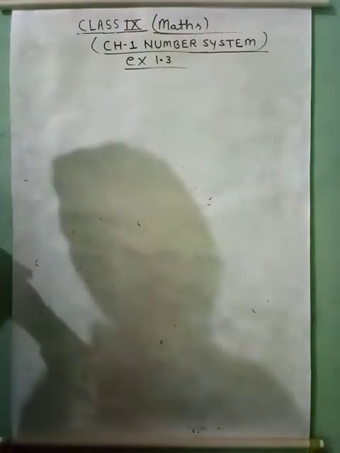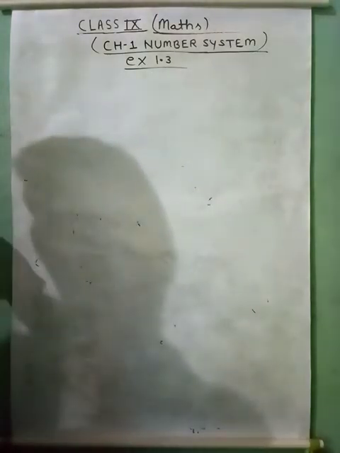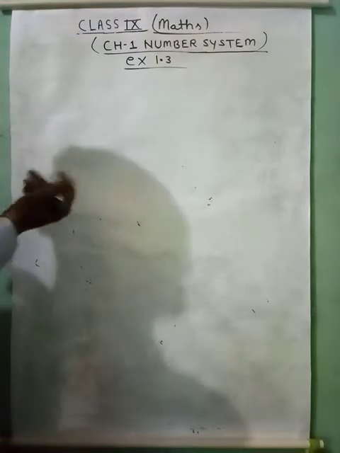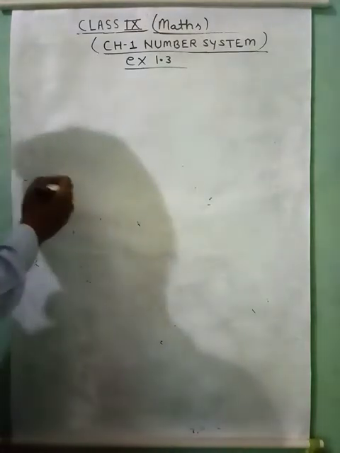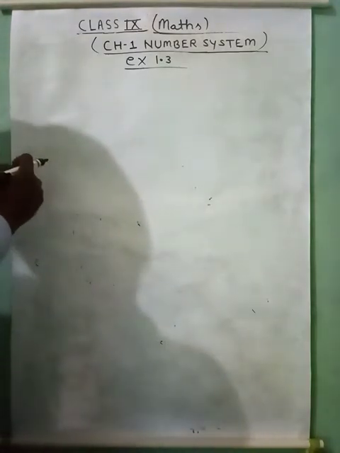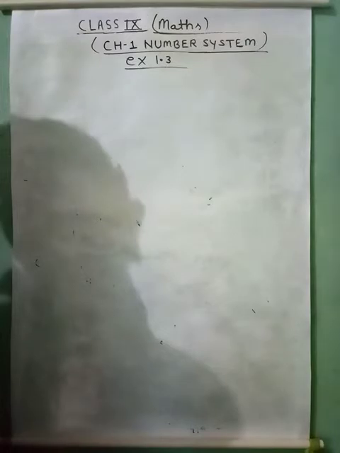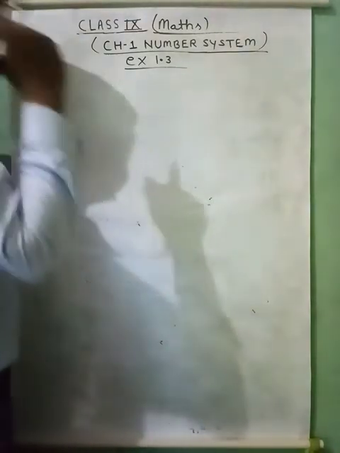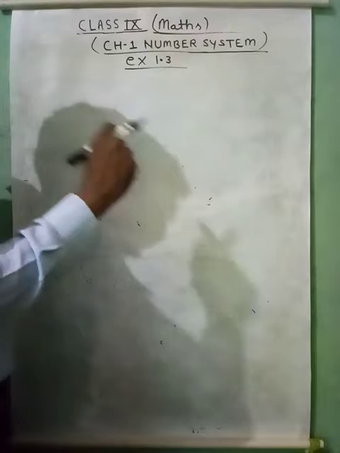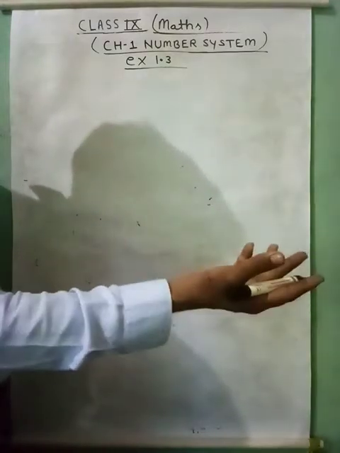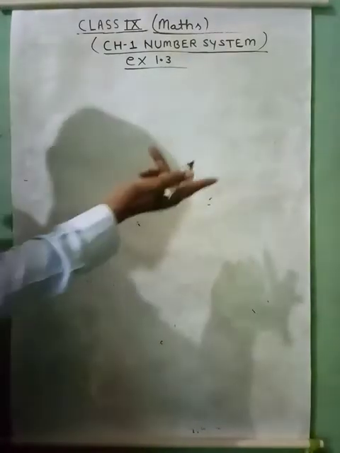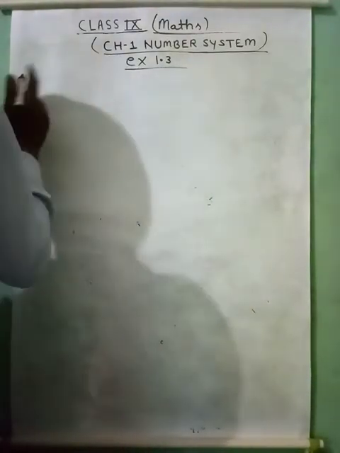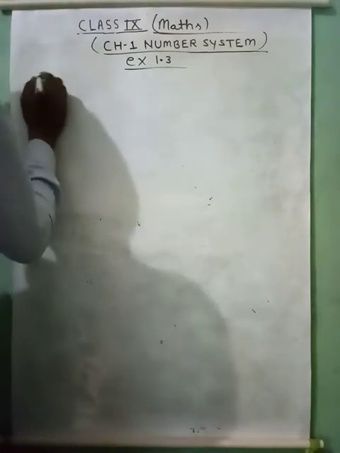Write 3 numbers whose decimal expression is non-terminating, non-recurring. It means we need 3 numbers whose decimal expression is non-terminating and not repeating. It means it is an irrational number. Already I told you, in an irrational number it's non-terminating and not repeating. Clear? Or non-recurring. So we can write question number 7.